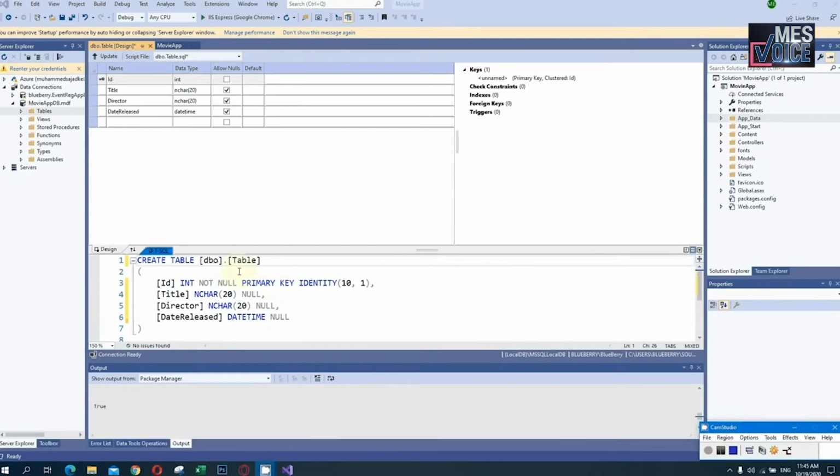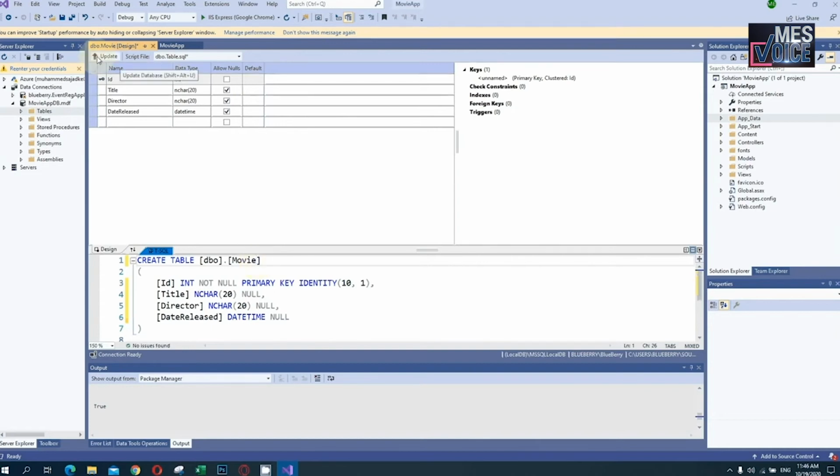Then we are going to create the table. All things are set now. Then I will name the table Movie. So I am renaming that table to Movie.